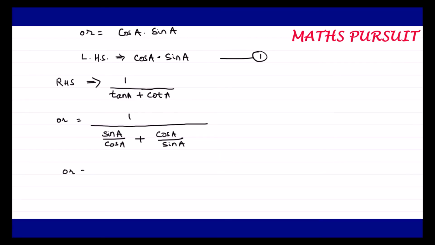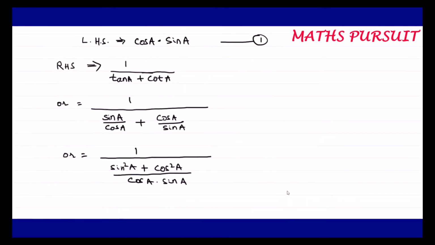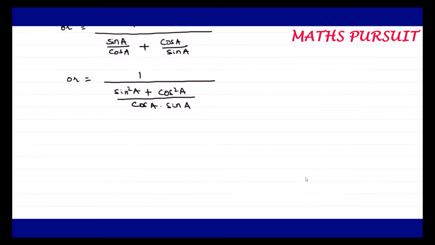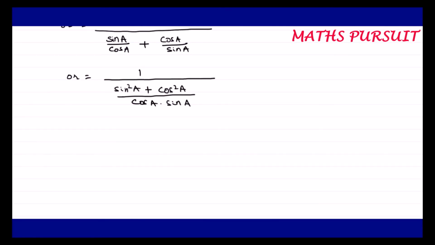That is equal to, let us solve this one, 1 upon, now taking cos a and sine a, so cos a into sine a is the LCM. I can write this one as sine square a plus cos square a upon cos a into sine a. Hope guys, till here we are pretty clear. Just I am solving the equation that I got, and these equations are very straightforward. I don't think it needs any further explanation, but I am moving step by step. I am not omitting any of the steps.